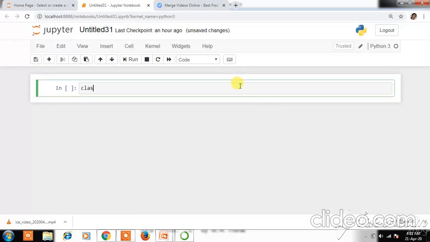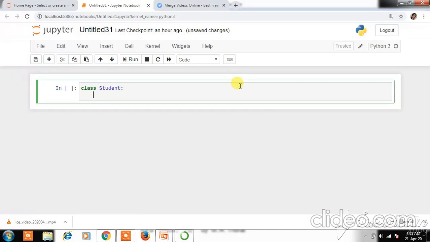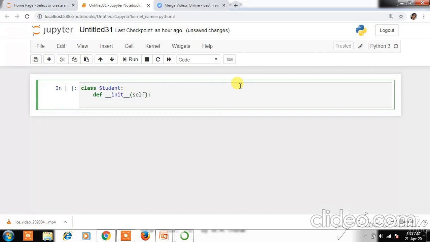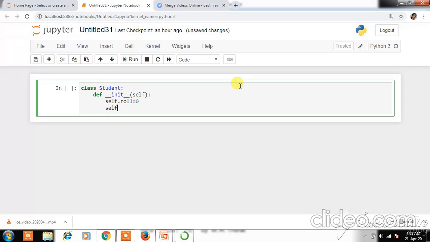If we write the same code, class student, we define one init method with the self argument, and in that we write self.roll equal to 0, and then self.__name equal to some value.